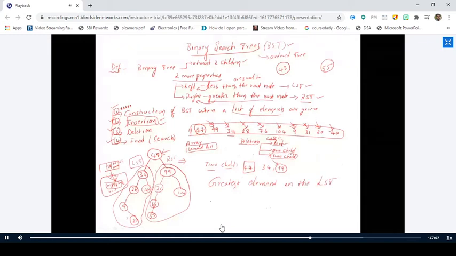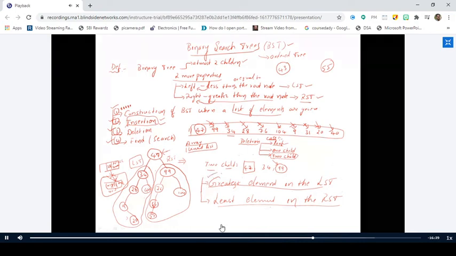Or else you can replace the node 47 with the least element in the right subtree. So you replace it with either the greatest element in the left subtree or the least element in the right subtree. Now the topic here is how do you identify the greatest element in the left subtree?